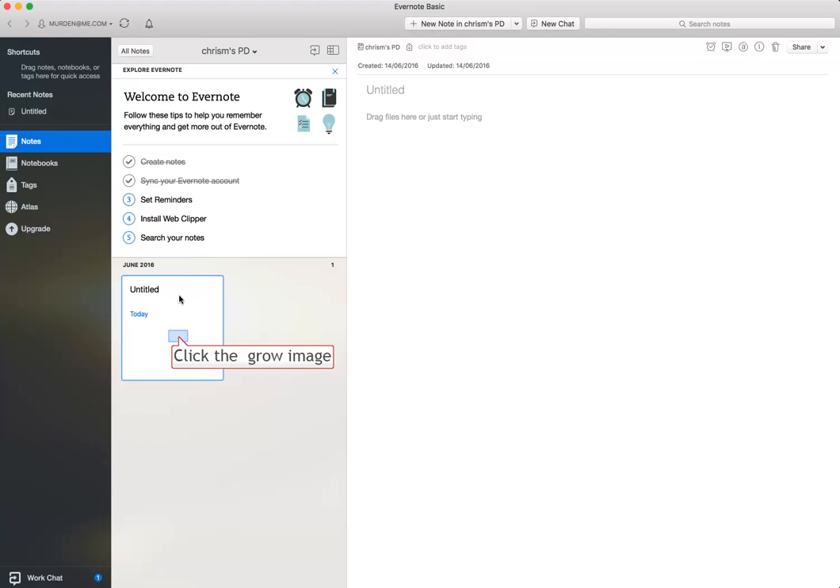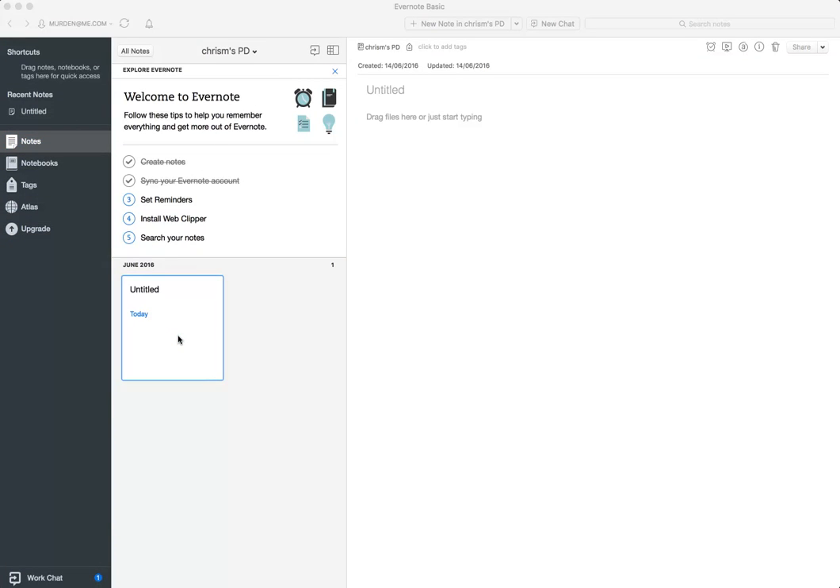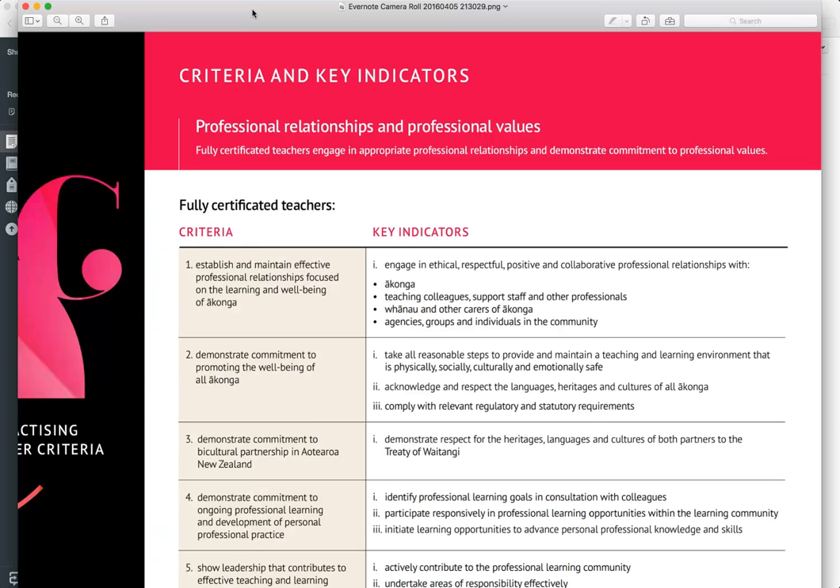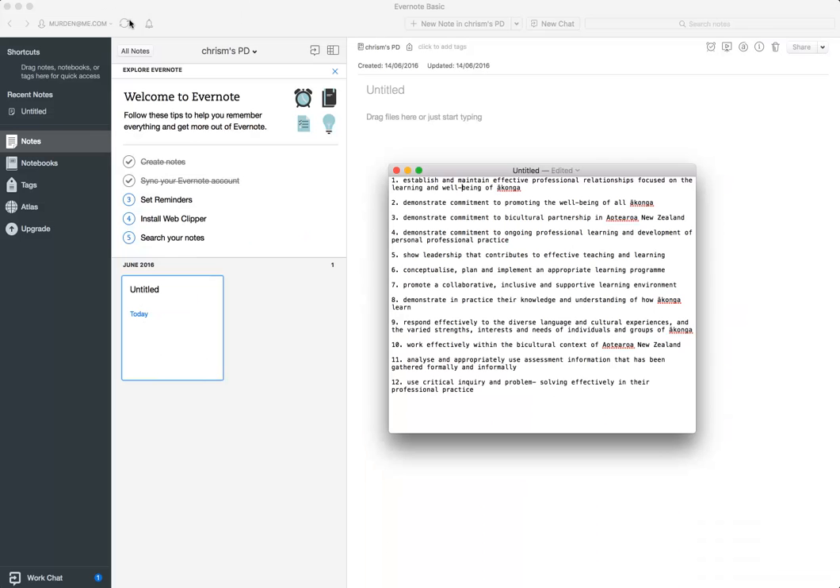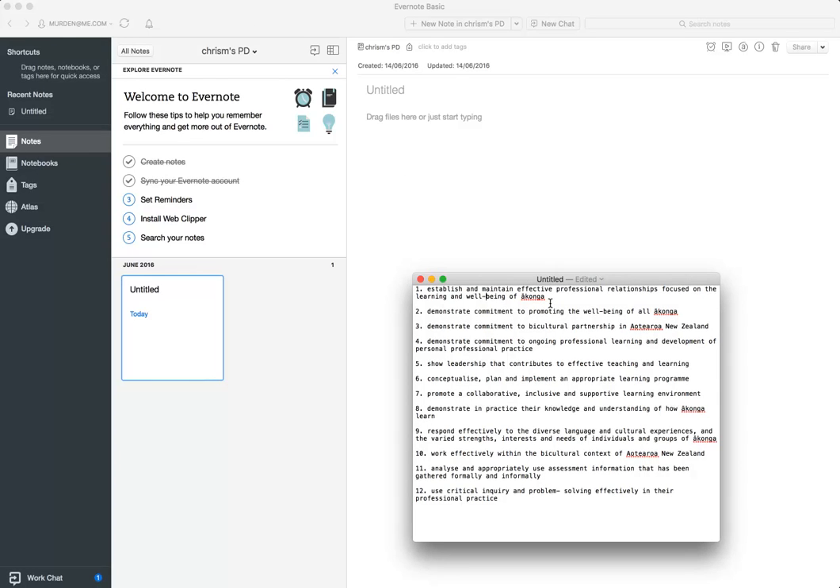Great, now that I've got a new note created here, what I'm going to do is open up my practicing criteria and key indicators from the Education Council. I'm going to copy each of these indicators into an Evernote text document. What I've done is create a text document here with each of the criteria. I'm going to paste each one of these